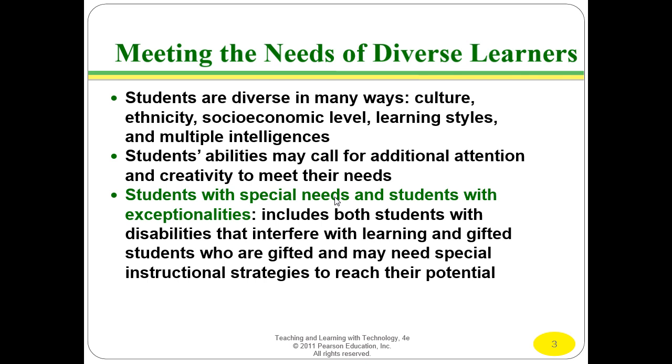Now, let's take a look at students with special needs and students with exceptionalities. These can include both the students with disabilities that interfere with their learning and gifted students who may need special instruction strategies to reach their potential. So we're basically looking at two sides of the spectrum. You may have those students whose disabilities just keep them from learning. Just to learn a little bit is a major operation and a major accomplishment when they can do it. But then on the opposite side of the spectrum, you've got those students that are genius-level students,